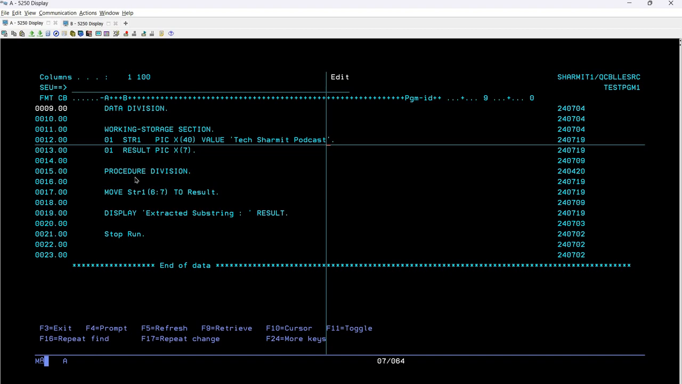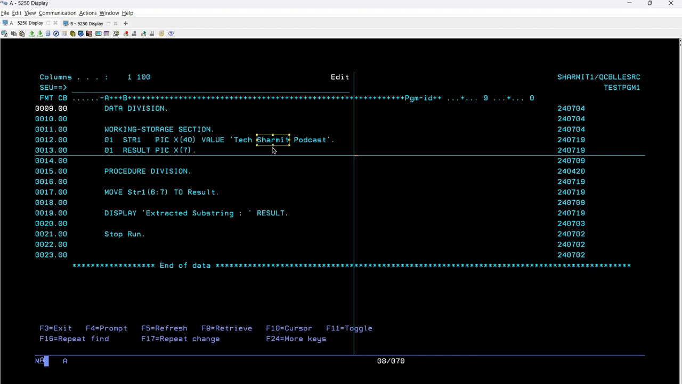Now let's understand the requirement here. The requirement is that we have this variable in which we have stored the value as Tech Sharmit podcast. From this entire value, I'm just interested in this part only, these 7 characters, which is Sharmit. So I want to fetch these 7 characters as a word, Sharmit, and store it into the result